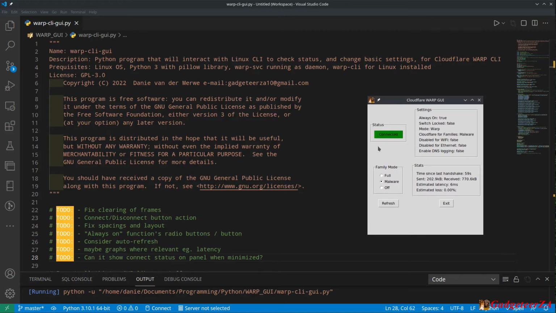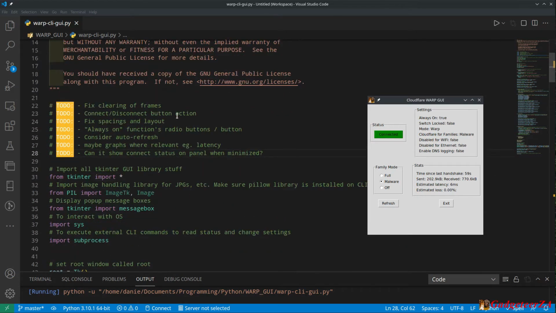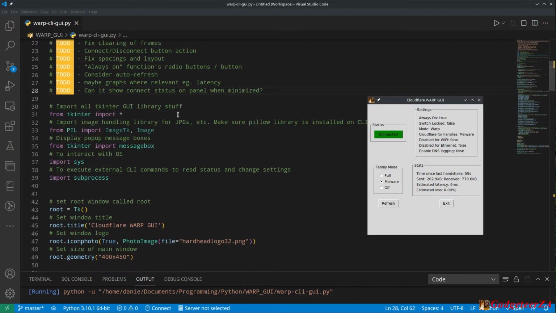I'll keep it on the screen maybe just for reference there. So I still want to publish this, obviously, as open source. I haven't yet decided exactly which license I'm going to use finally and where I'm going to publish it. But the idea will be it's open source for reshare, and it stays open source. I'm not going to allow anybody to take the code and use it for commercial purposes and not reshare the code.